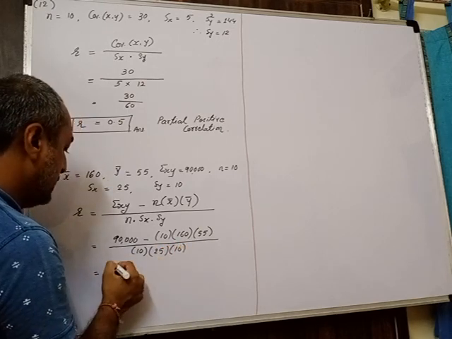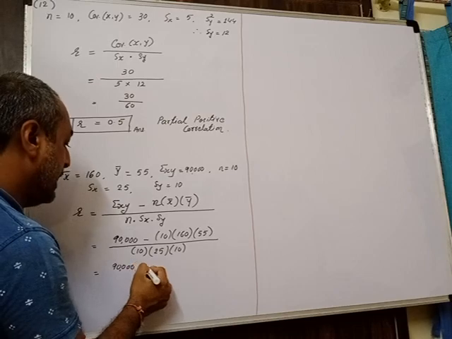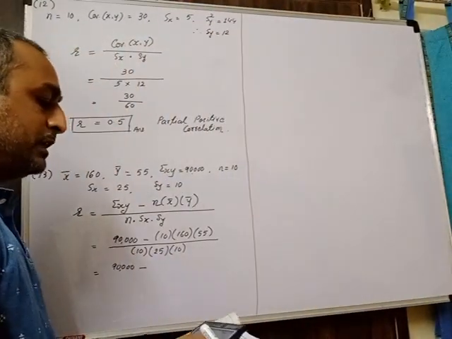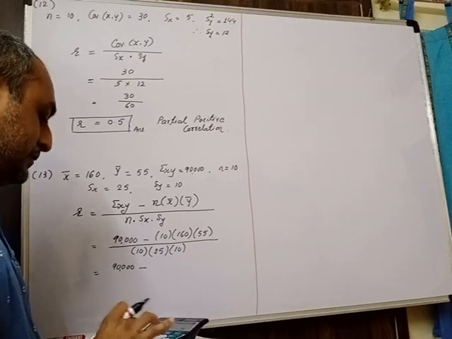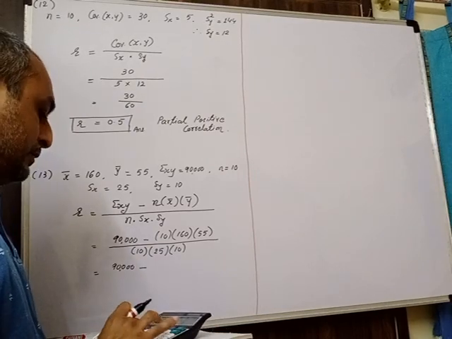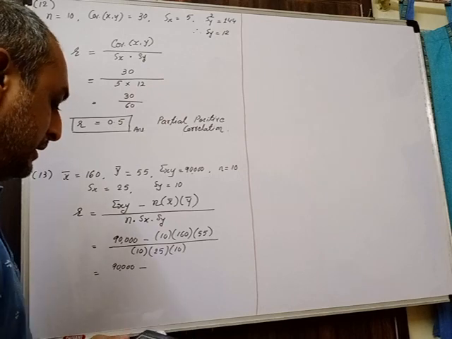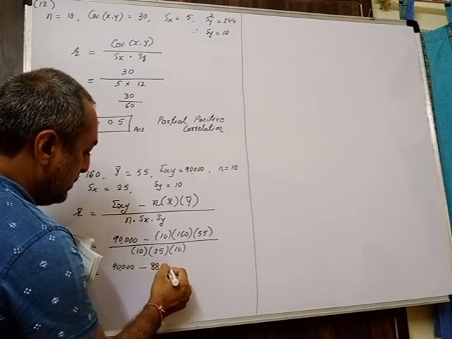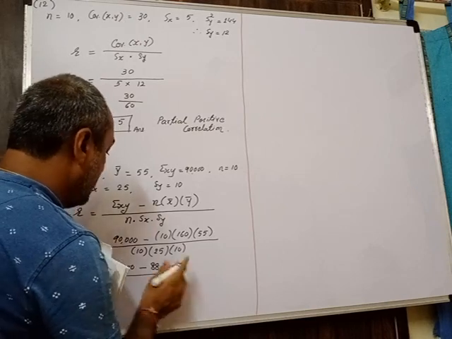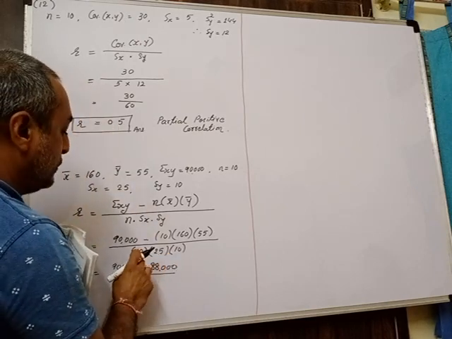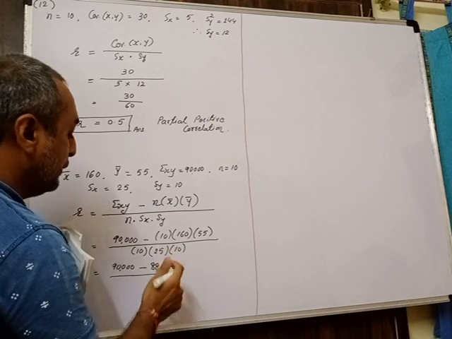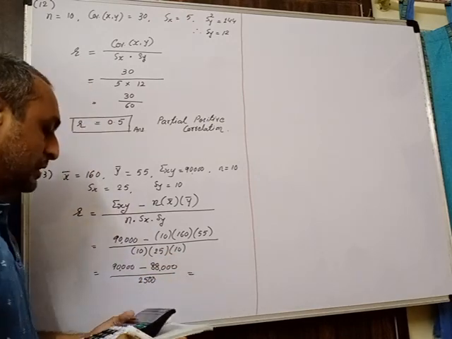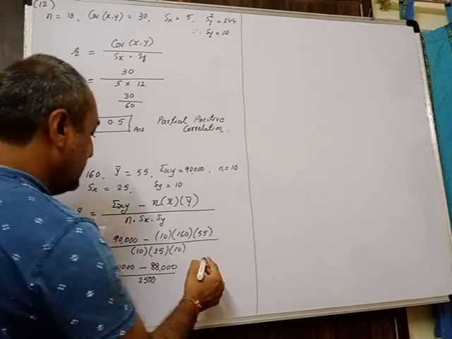So now 90,000 minus this value, we'll get the answer. I'm going to multiply that with the help of a calculator. So 10 into 160 into 55 is equal to 88,000, and divided by this 3 value multiplication. So 10 into 25, 250, 250 into 10 is 2500, which is equal to, now the reduction, 90,000 minus 88,000